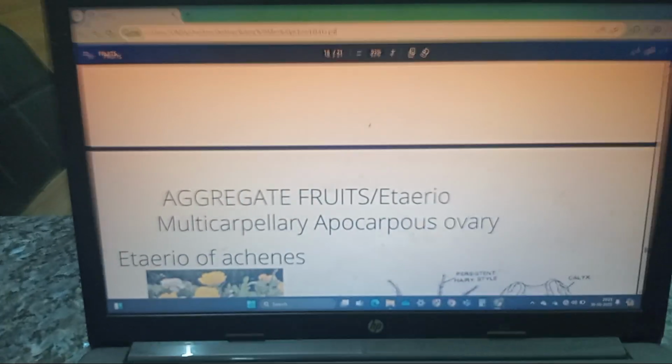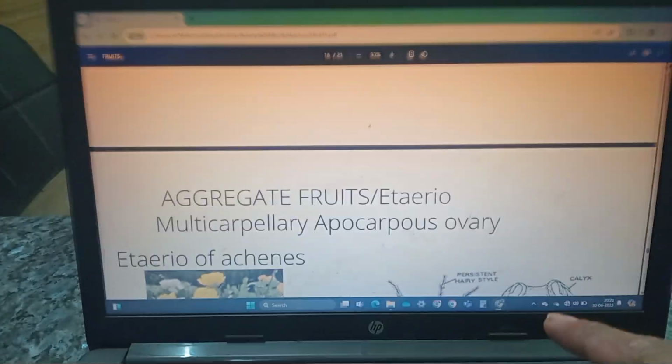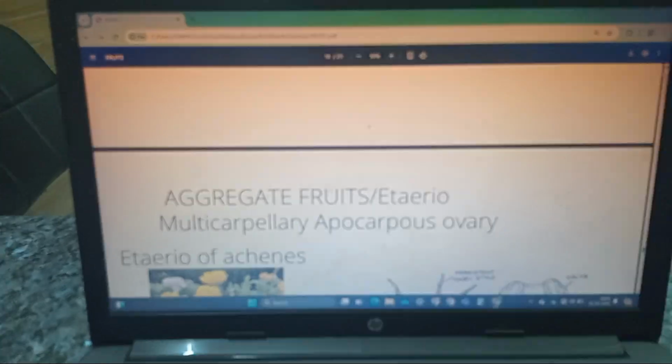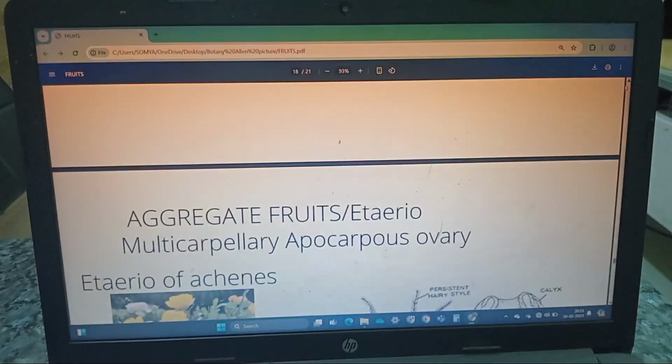Then there are aggregate fruits. There were, up to there, simple fruits which were divided into fleshy and dry. Now this is aggregate fruit. In aggregate fruit,